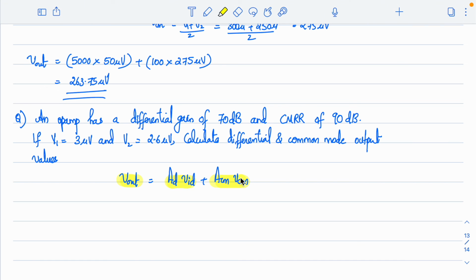Alright, so you can try this. We will, maybe tomorrow we will discuss. Or you want to try it now? Yeah, Sanket, I saw your question now. Gain in dB has to be converted back to gain and then we have to solve it. Yes. Because the voltages are given in volt, right? So you have to do that conversion. Yeah, maybe this question we can discuss the next day. You can solve it.